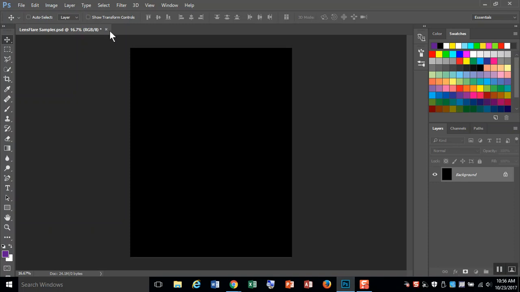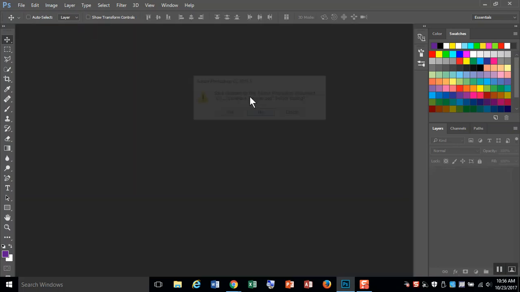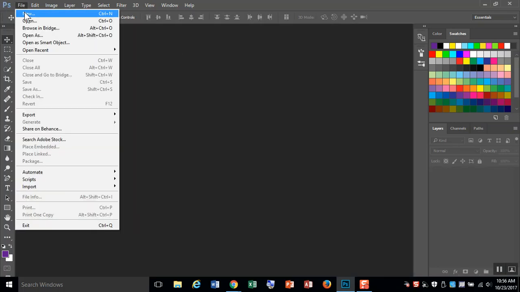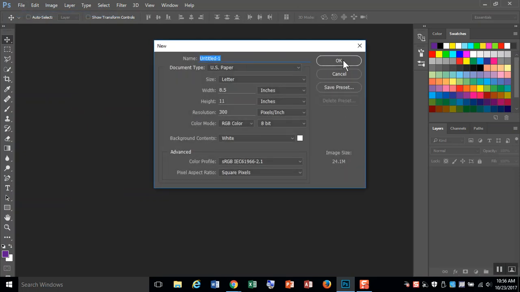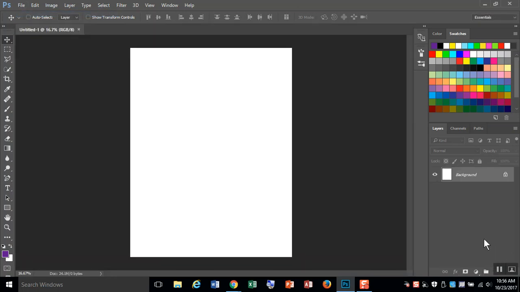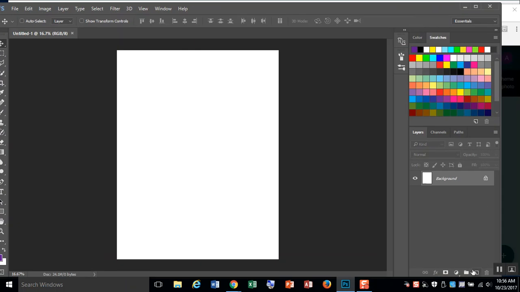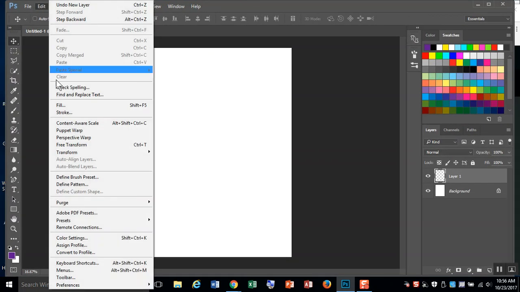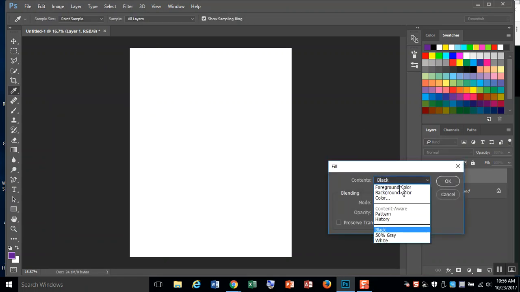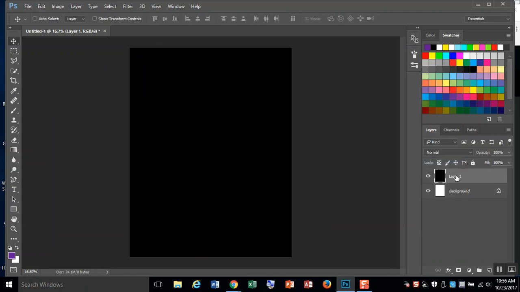How do I do this? I need to start with a black layer. So I'm going to get a new piece of paper, US paper. I'm going to make a new layer, and I'm going to make it black. Edit, fill, drop down to black. Okay, black layer. You guys can do that, right? Easy. Then I'm going to go up here to filter,